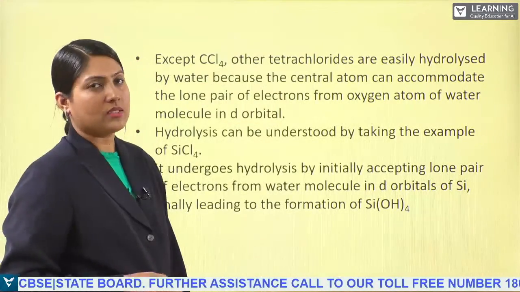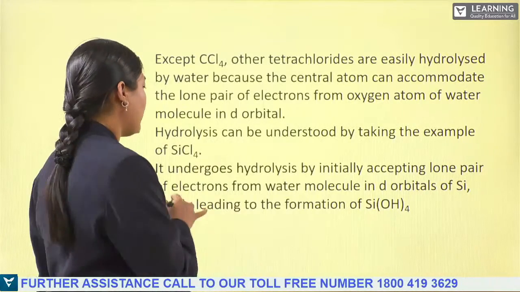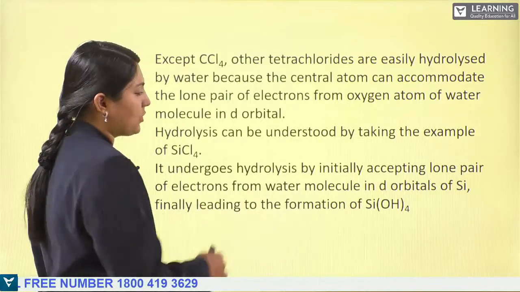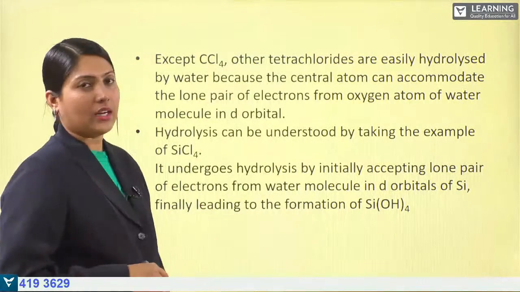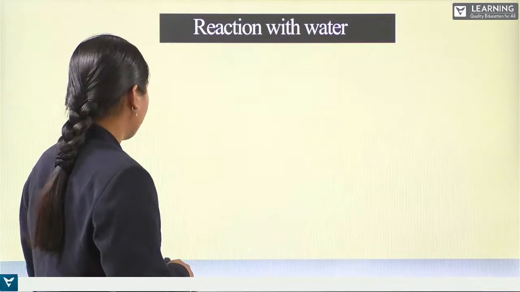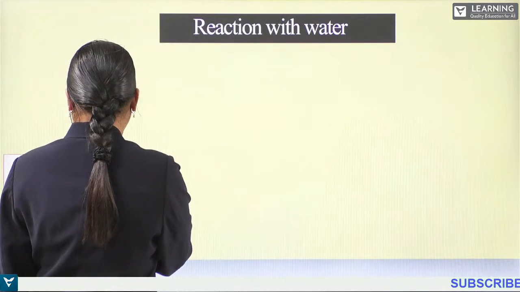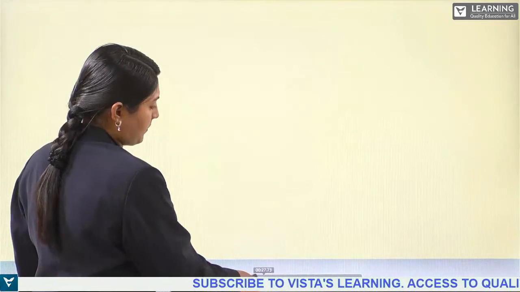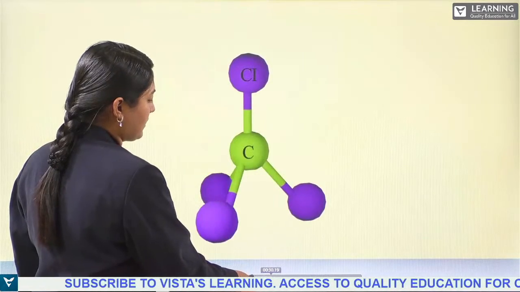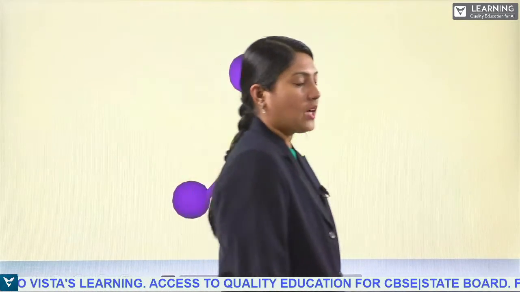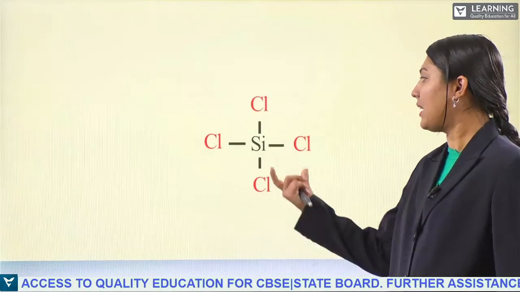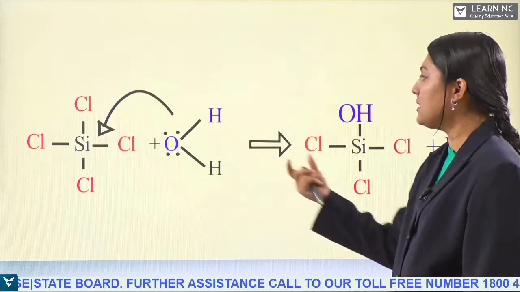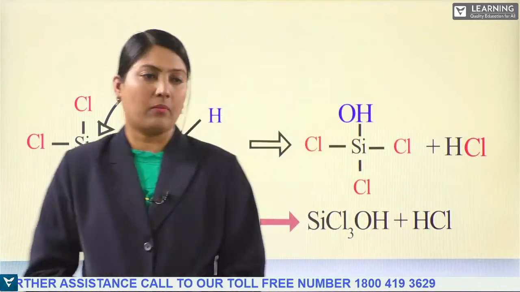It undergoes hydrolysis by initially accepting lone pairs of electrons from the water molecule in the d orbital of silicon, finally leading to the formation of the tetrahydroxide of silicon. So here we can see carbon tetrachloride. Similarly, we have silicon tetrachloride, which is reacting with water. This water molecule will be forming